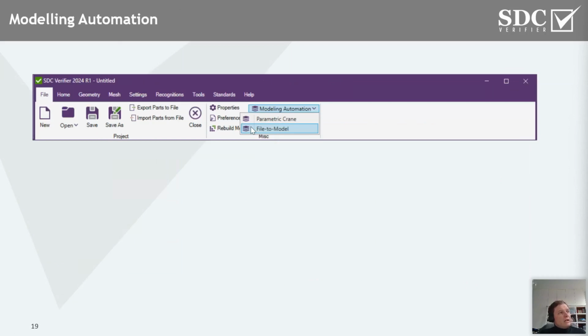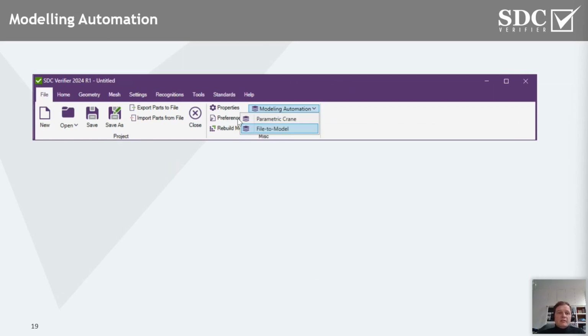As you may have known or used, we have some tools for parametric modeling of beam models, as well as definition of a parametric crane. In this version, we have added a possibility to, besides all of the import possibilities of obviously FEA interfaces such as Ansys, Femap, Simcenter, the import capabilities of SDC Verifier in the standalone interface and mode, we